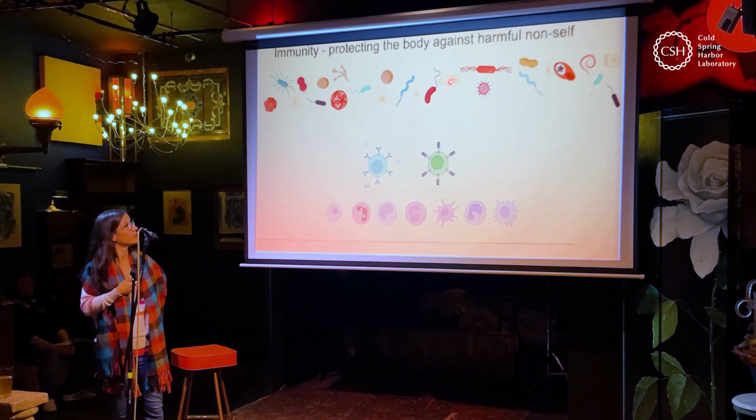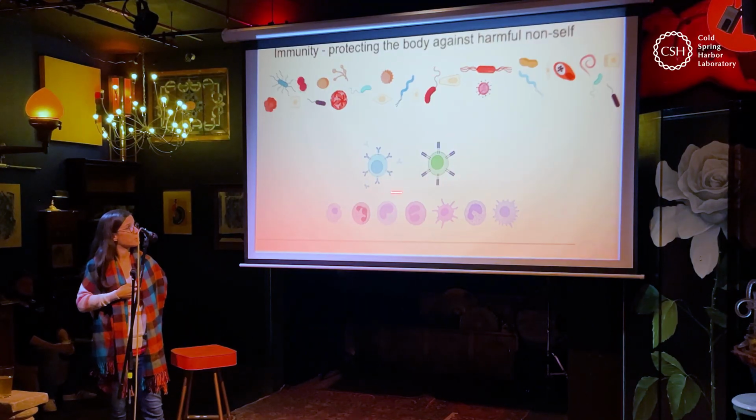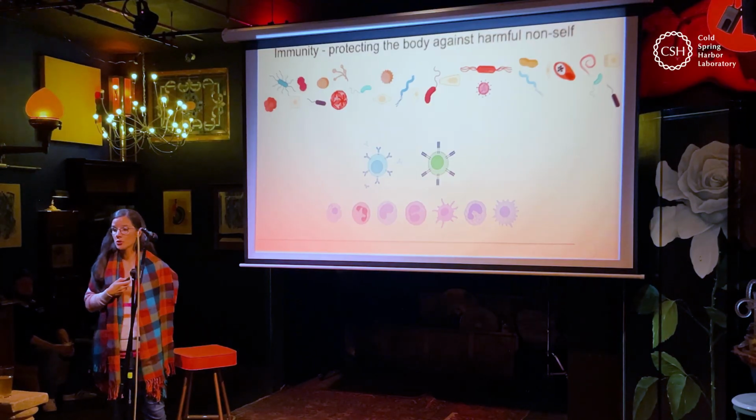What if they look at a healthy cell in our body and mistakenly think, oh, this is actually a cancer cell, or this is a cell that's infected? They will start attacking the cell, and we're losing healthy tissue. And this is the situation where we get autoimmune diseases, if your body starts, with these types of cells, attacking your own tissue.